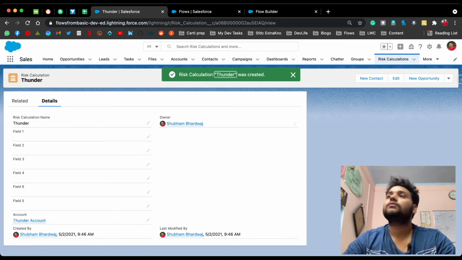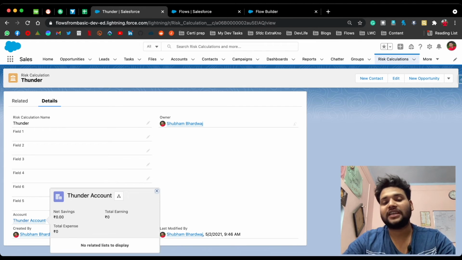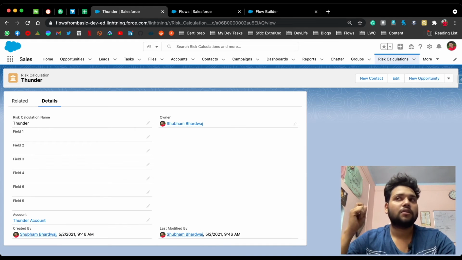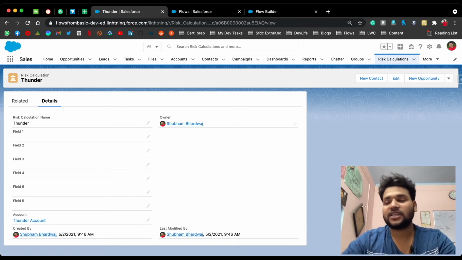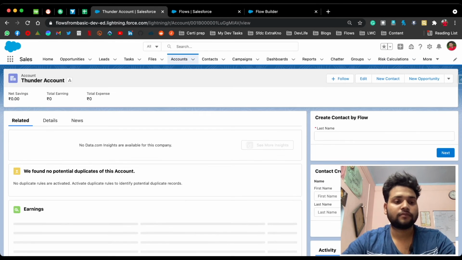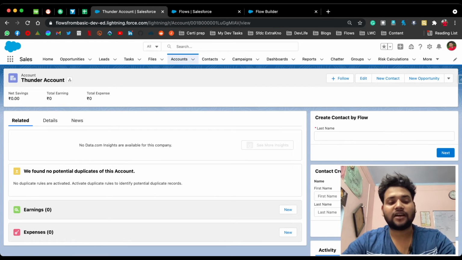So right now you can see the account field is automatically populated, with the same name which we created with the help of a formula in our Salesforce flow. If I click on the Thunder account, okay, I don't have the related list of contact in my account record detail page.